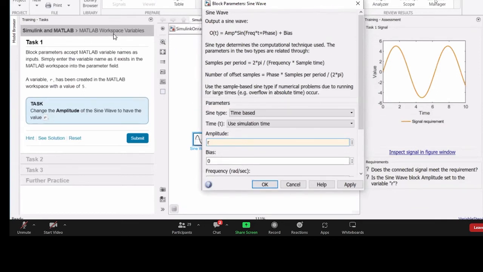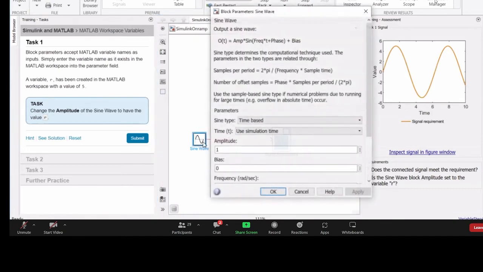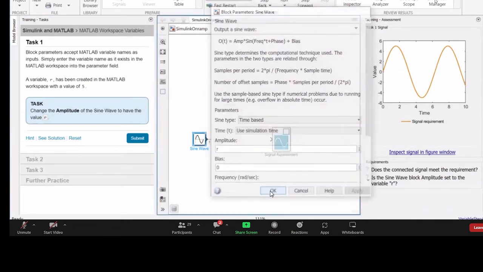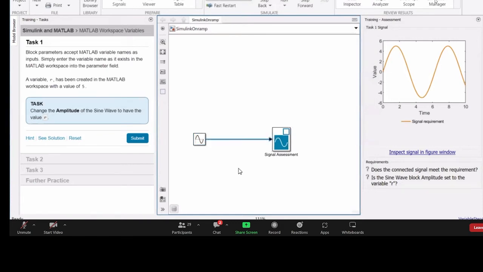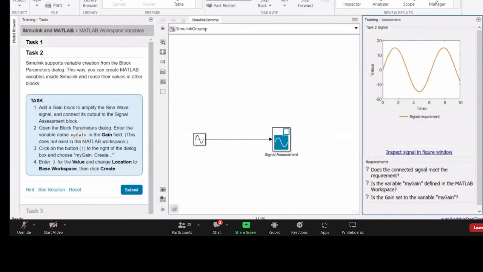So, it is about workspace variables. Anything that you represent as an information or a variable in a workspace, you'll be able to access just by specifying the variable name. Like for this one, we have an amplitude of R. Then we apply and click OK. And this will work as if you specify the variable 5. Right? So our next topic is